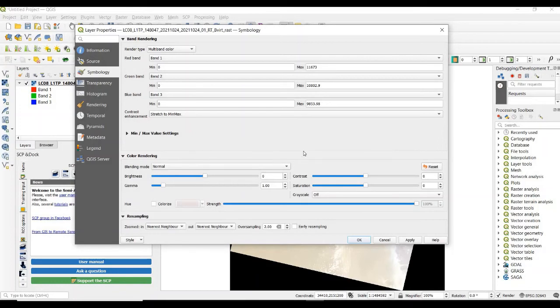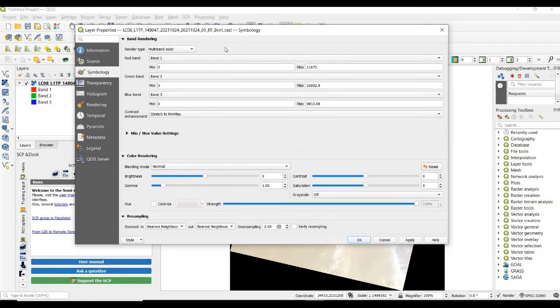we adjust band numbering. Here we can change multi band color to single band pseudo color or other options, so we do not need to change anything here.